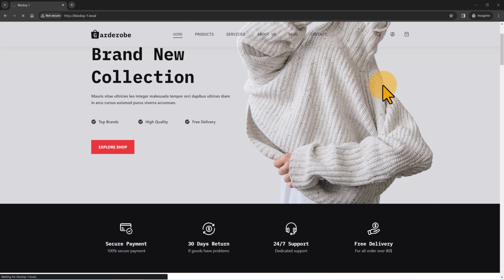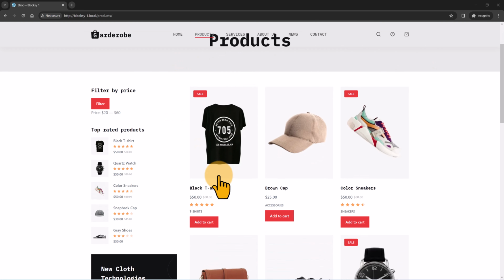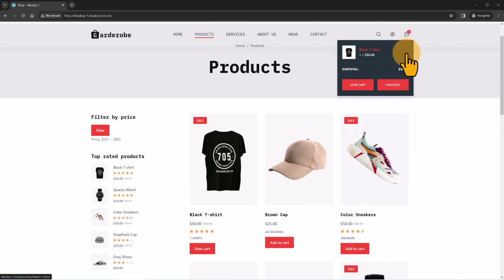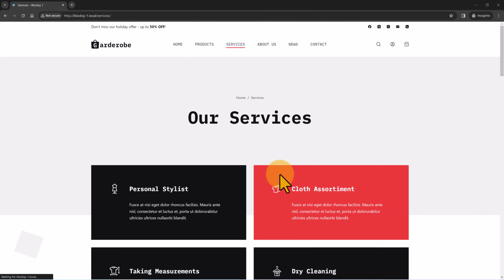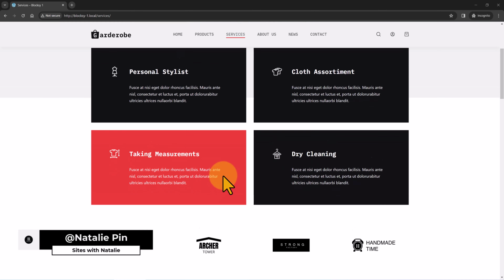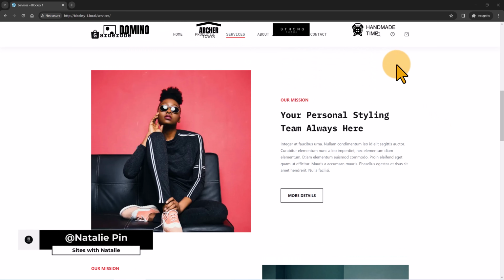Blocksy Theme is known for its lightweight, Gutenberg optimized and page builder friendly WordPress theme experience. Its innovative features and modular code provide a seamless blend of speed and customization, making it an excellent choice for website creators. Built with Gutenberg and WooCommerce optimization in mind, it stands out as a versatile and user-friendly option for website